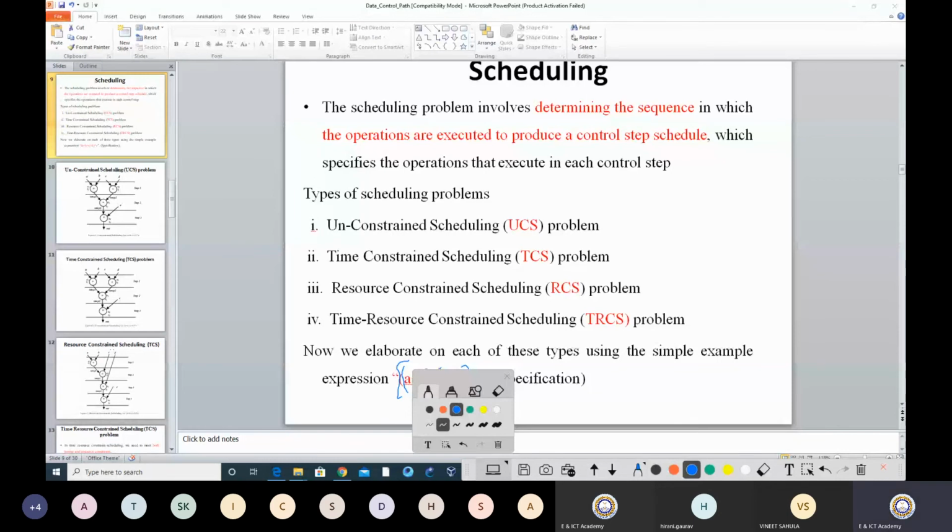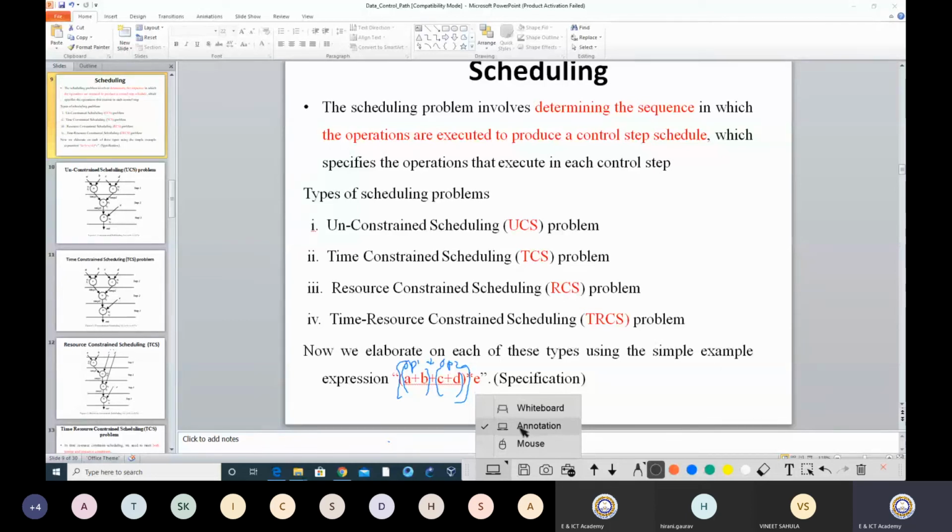This is my output 1, this is my output 2. The addition a plus b is output 1, c plus d is output 2. Then I will add output 1 plus output 2, and then, sorry, I will multiply with the e. This way I can do some sort of initial optimization. Through the bracket, I have ensured that a plus b and c plus d have no relation between them, so they can run in parallel. If they run in parallel, then definitely I will get the performance improvement.